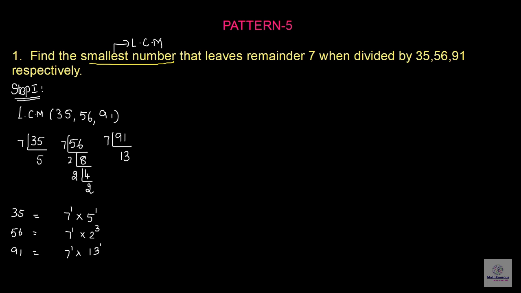Now we need to find the LCM. LCM equal to, so what bases are available with us? We need to take the collection of all the bases. We will take 7, we will take 5, we will take 2 and we will take 13. Out of all the 7s, the least power is 1. The power of 7 is 1 everywhere, but we take that power. 5's least power is 1. 2's least power is 3. 13's least power is 1. So 7 into 5 into 8 into 13,